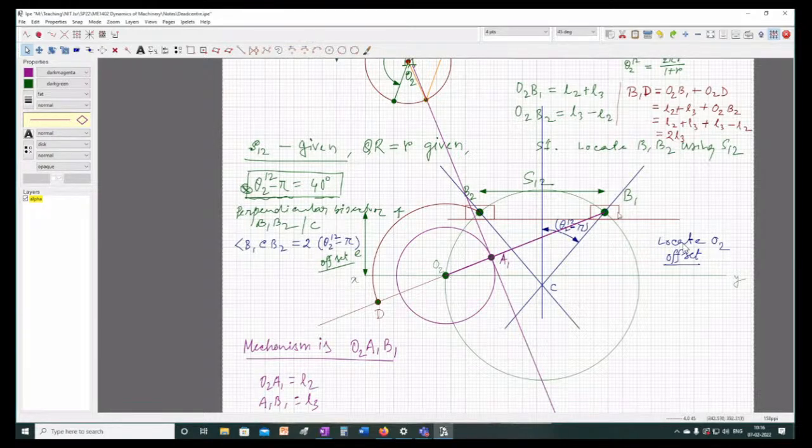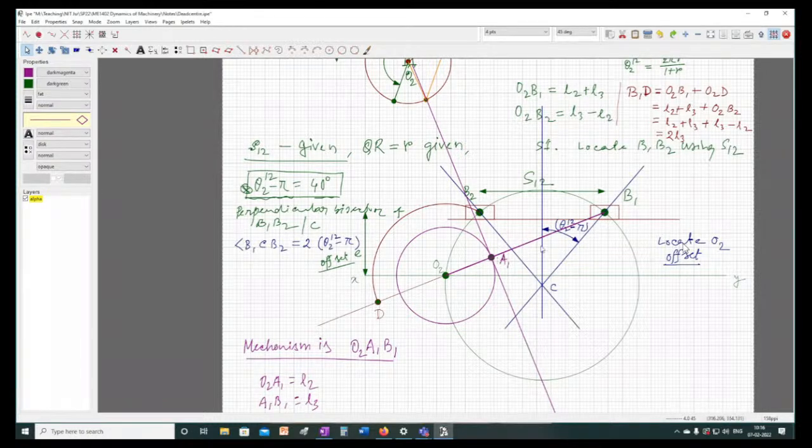Next, we have extended this B1 O2 line up to a point D such that O2 B2 is equal to O2 D. Once I get that, then we have this distance B1D, which is twice the length of the coupler. So we have drawn the perpendicular bisector of this B1D